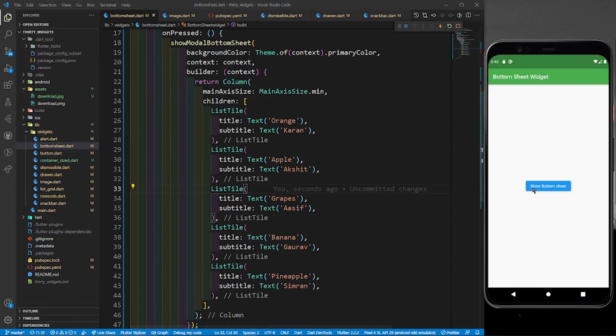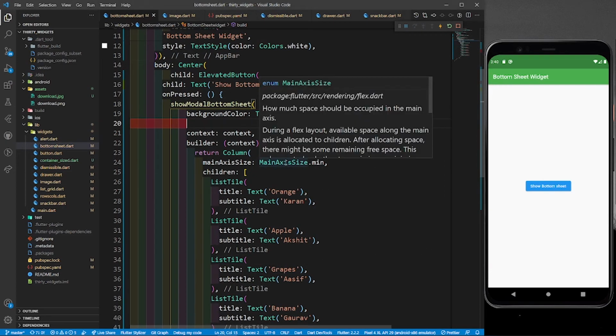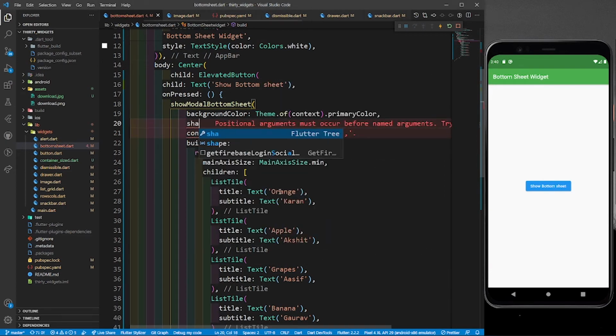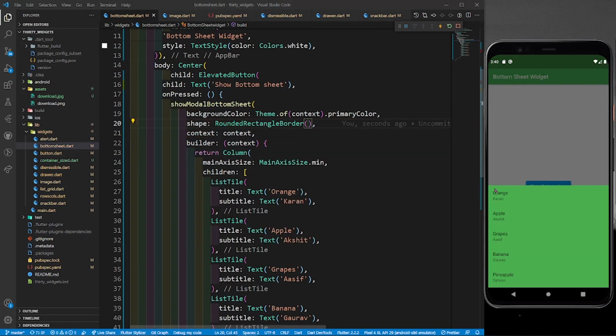Perfect. Now let's see one more important parameter, that is the shape. So let's give it a shape. Again, we have to give a rounded rectangle border, but this time I only want the border radius on the top left and the top right, right? I don't want to provide border radius to the bottom left and right.